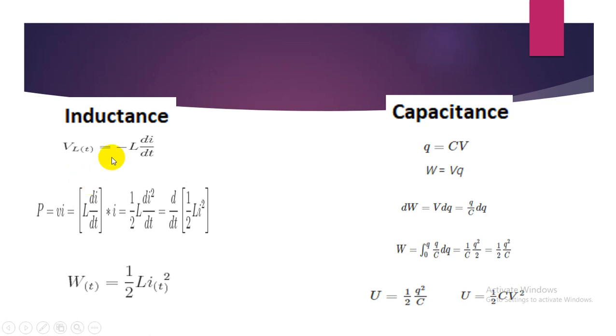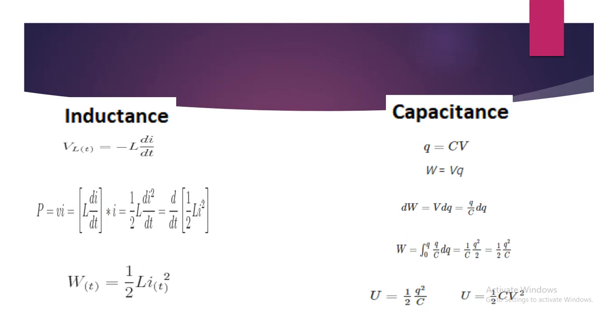So this is the equation from the Ohm's law: VL equal to L dI by dt. This minus sign indicates the Lenz law. And we can calculate the power. P is equal to VI, and we are replacing V with L dI by dt, into I. Suppose we want to find out the energy stored by the inductor. Then this is the way we are going to see the energy, basically having the equation W equal to P into t. There we are using this P into t.